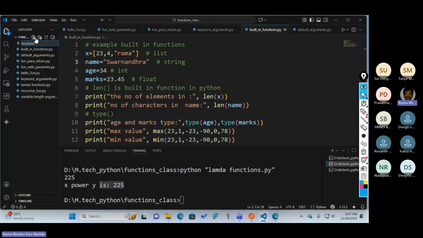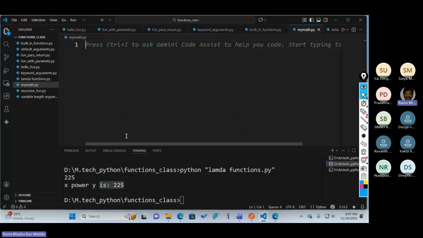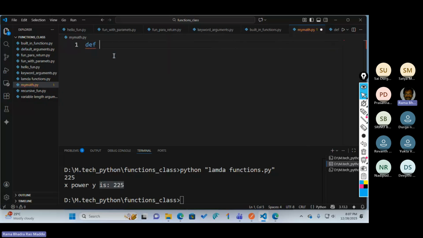For example, I'm writing mymath.py. My file name is mymath.py, and I can write different definitions here.